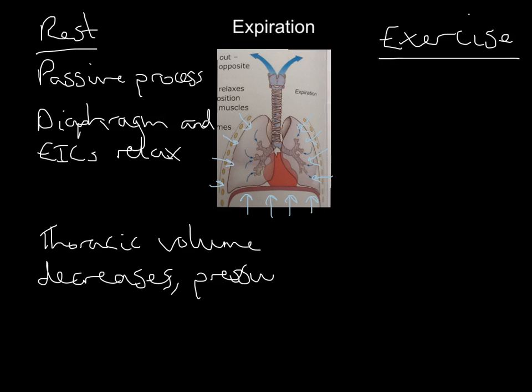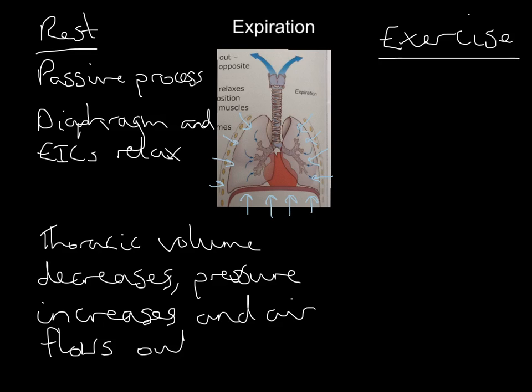Your pressure increases as a result inside that chest, inside that thoracic cavity, and as a result, air flows out. Air is going to move upwards and outwards and out back into the environment, because now the pressure